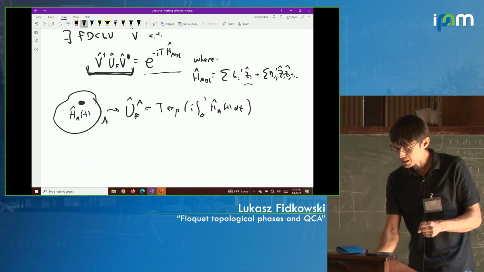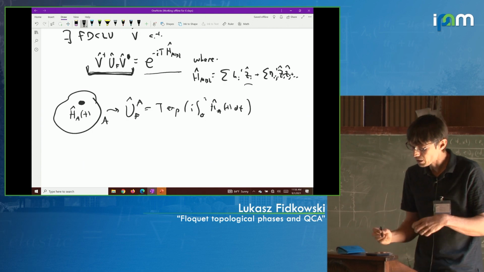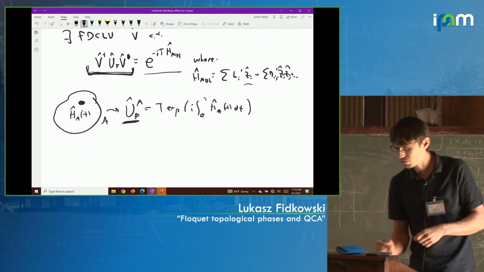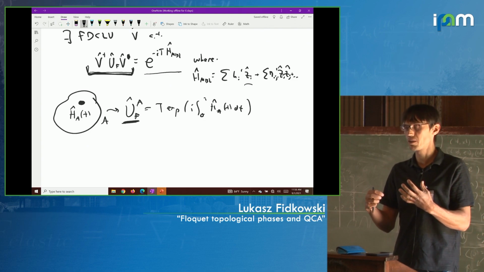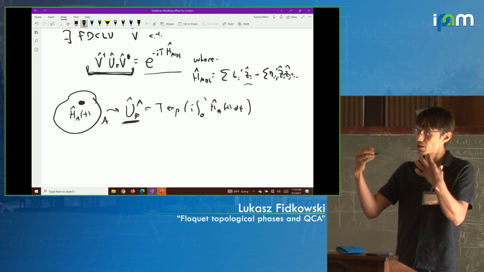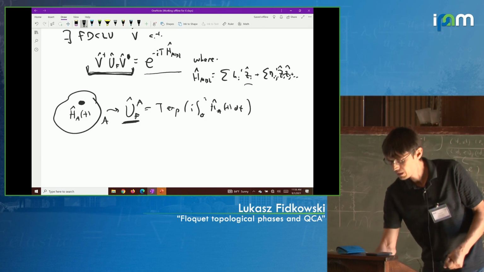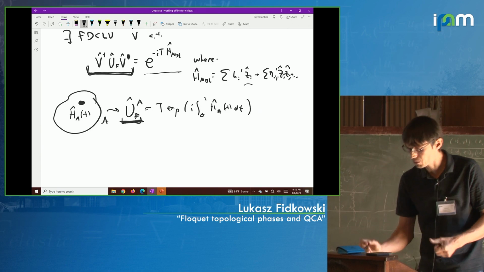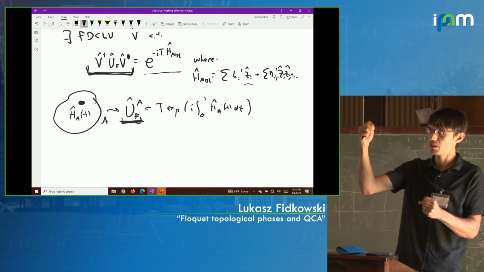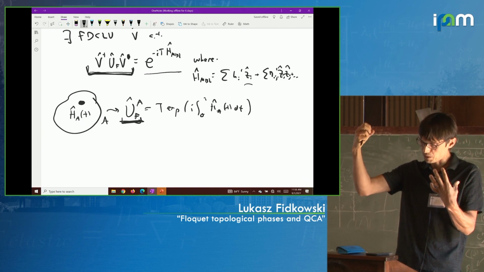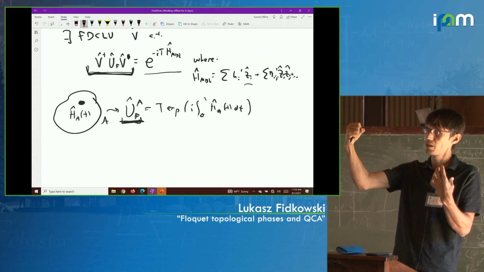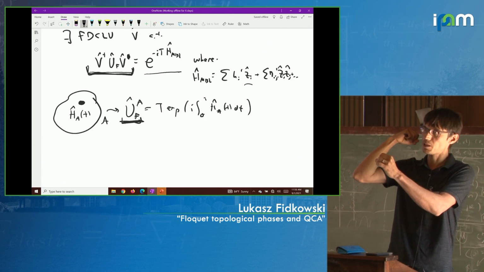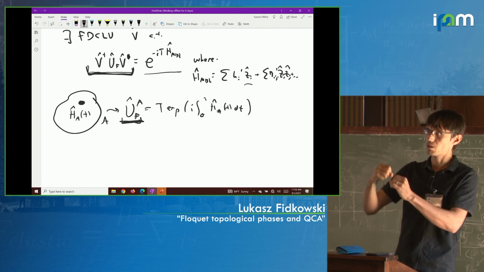So in particular, deep inside the bulk, the truncated Floquet evolution has conserved quantities. Okay, so deep inside the bulk, this thing is frozen. Deep inside the bulk, this truncated Floquet evolution just does essentially nothing. I mean, it doesn't do nothing, but it has local conserved quantities. So you can just freeze it in place by looking at eigenstates of these local conserved quantities.